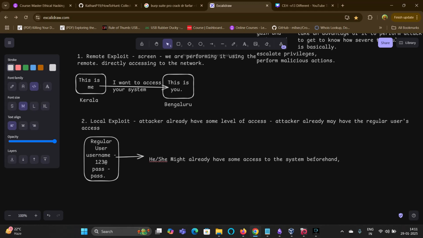इस तरह से हमारे पास पूरा का पूरा सिस्टम का एक्सेस आ सकता है। बट अगर बिफोर हैंड उसके पास कुछ ऑलरेडी है, बिफोर एक्सप्लॉइटेशन उसके पास कुछ एक्सेस है, तो इट बिकम्स ईजियर। दैट इज व्हाट लोकल एक्सप्लॉइट इज। लोकल एक्सप्लॉइट इज कि